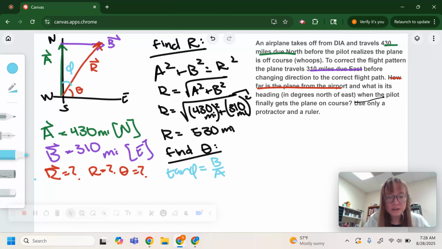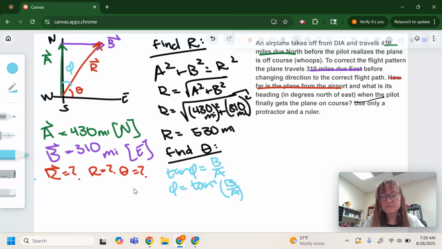Now, here's why we use tangent and not something else: we want everything in terms of things that were given and not in terms of numbers that we found. We found the number for r, but we don't want anything in terms of the hypotenuse, because if we made a mistake when we were looking for r, we would carry that mistake through into our calculation of phi, which we do not want to do. So we just use inverse tangent so that our final expression is in terms of things that we were already